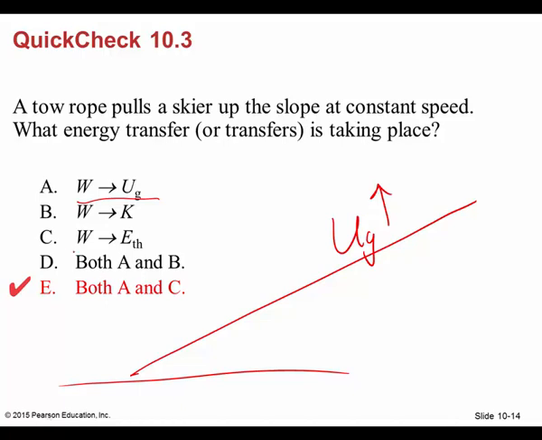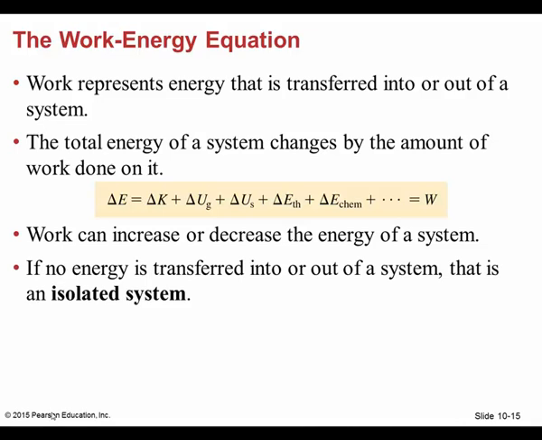And then, of course, work is also being converted into thermal energy from the friction, okay? Now, how do we write an equation for work? All right, this is one way we can write it. We say that the total energy of a system changes by the amount of work done on it. And what is that equal to? Well, the total energy, and you need to put this on your formula card, is equal to the total